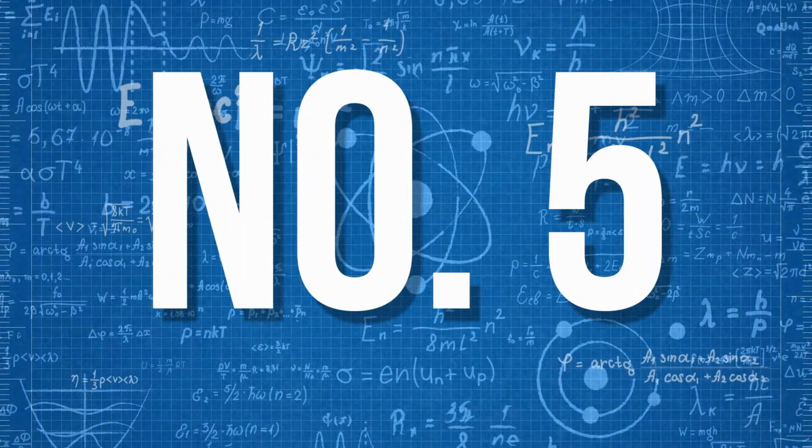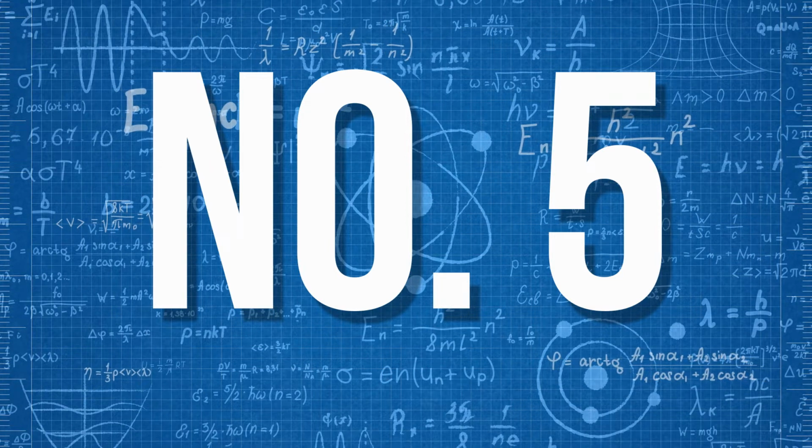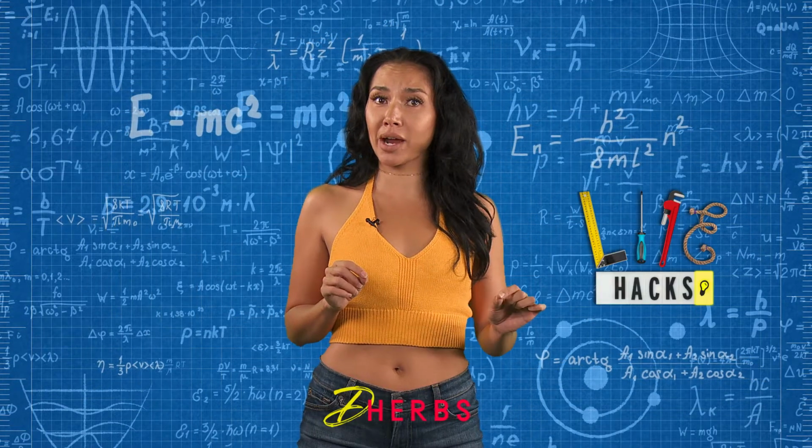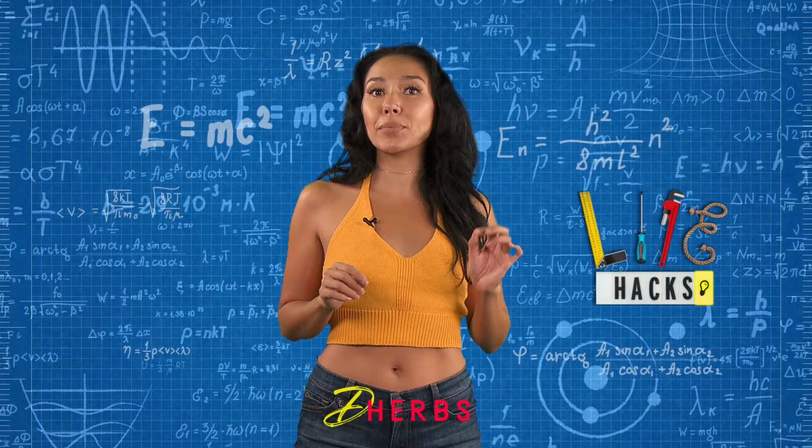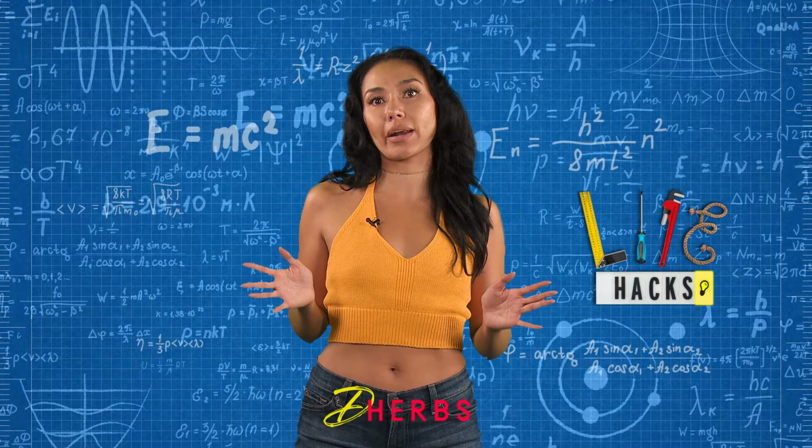Tip number 5, go easy on flat irons. When you use a flat iron or curling iron all the time, ladies, it causes damage to your hair. Know that beauty is pain, but let's take a break from the pain part and help our hair out to